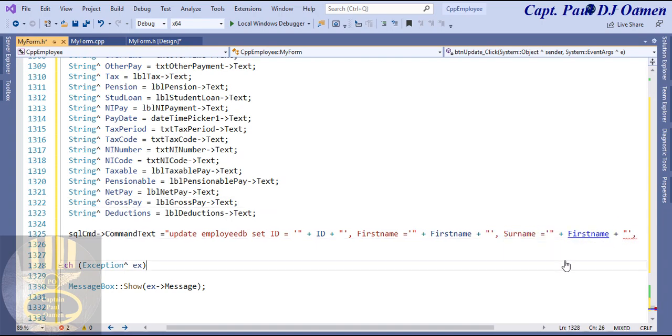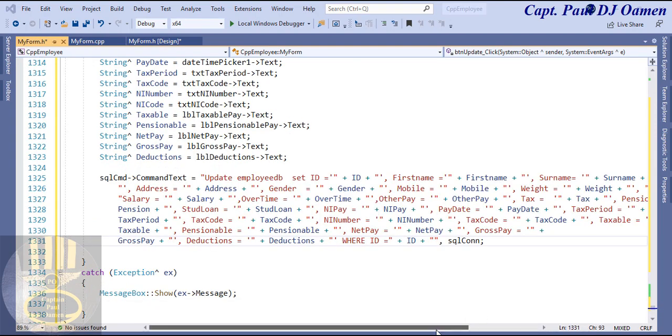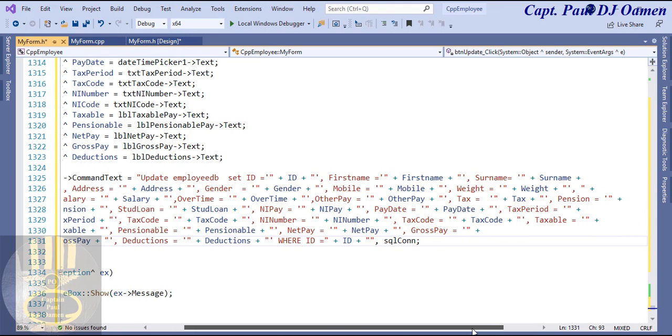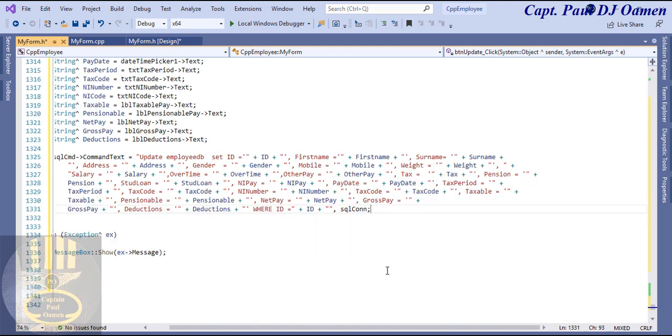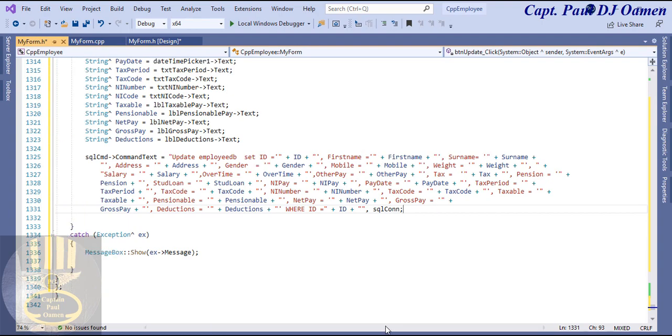So I'm going to have to speed that up. Okay, so let's speed that up. I'm just going to copy all of these just to save time. Copied, and there we go. All the components that I want the system to update, that is it right there. Let me show you the rest of it so that you can see it properly, or maybe reduce the size a little bit. There. Okay,